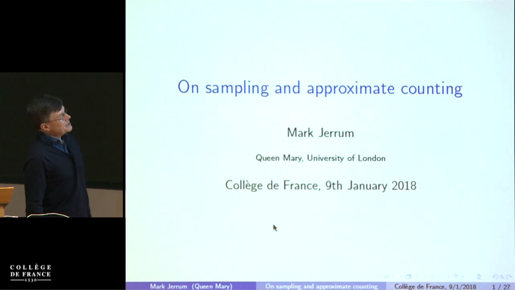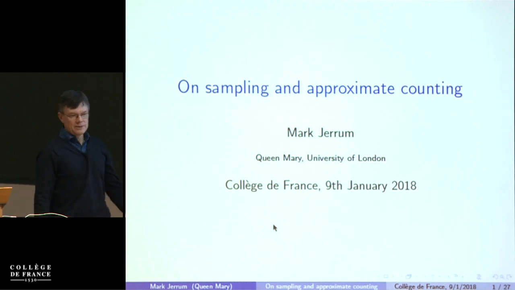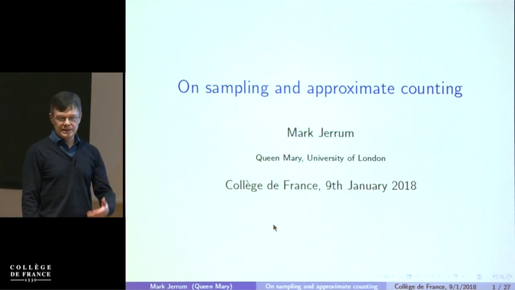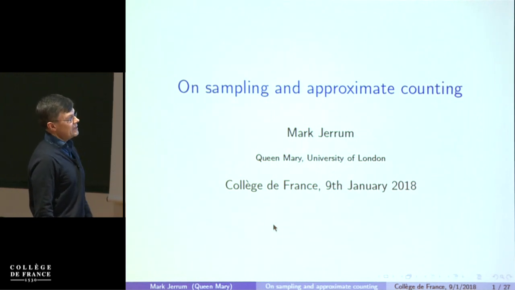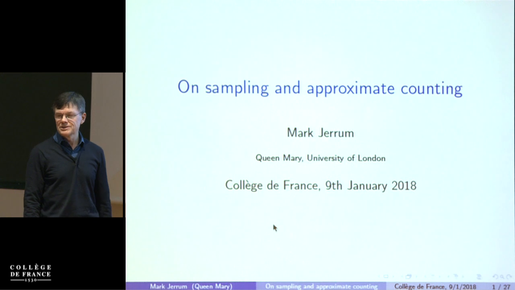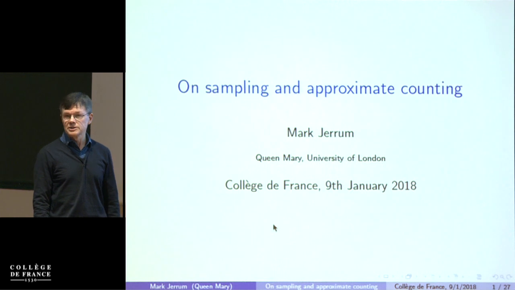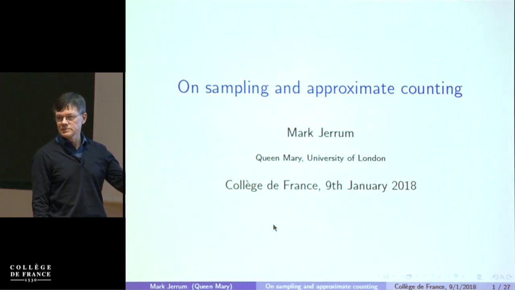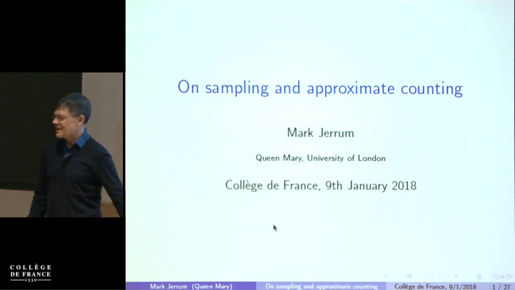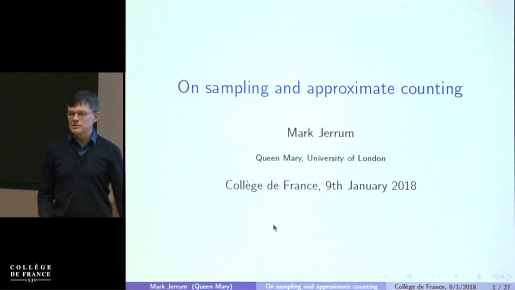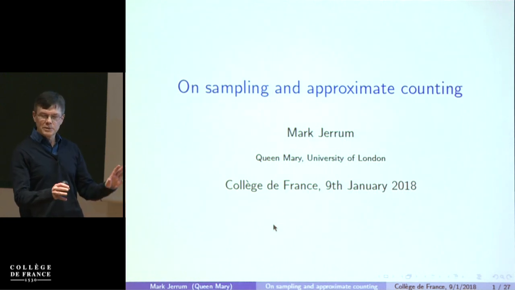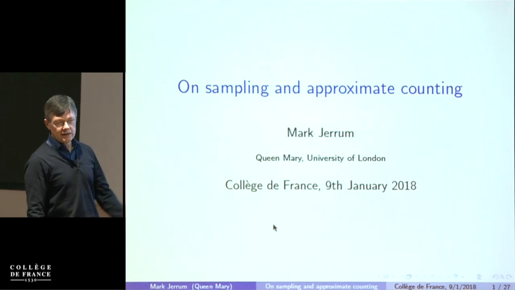Okay, so as we see from the title, we're talking about sampling. We're thinking about combinatorial structures, possibly from computer science, possibly from statistical physics, or approximately counting them. It turns out, though I'm not going to go into this in any detail, that these two things are intimately related. If you've got a class of combinatorial structures you want to sample from, then it's possible to approximately count. And I guess there's a hint of that in the previous talk. And it goes the other way: if you can approximately count things, then typically you can use that as a black box to do sampling.